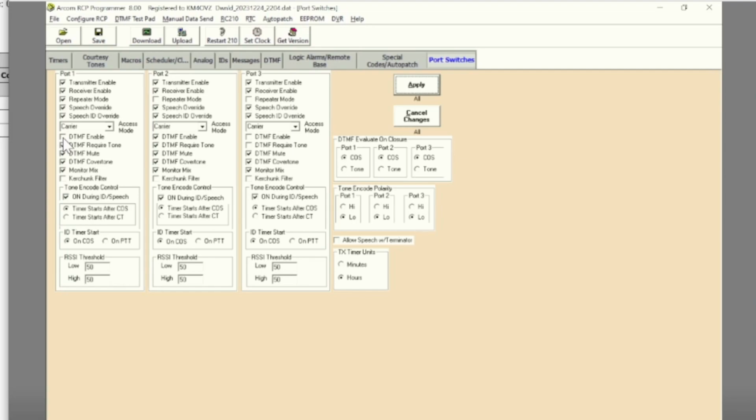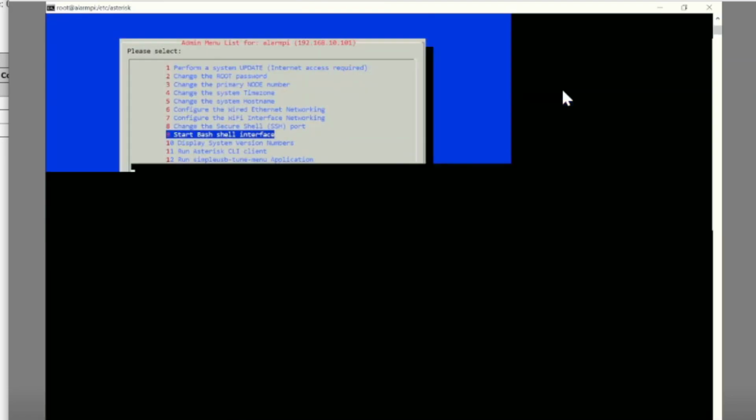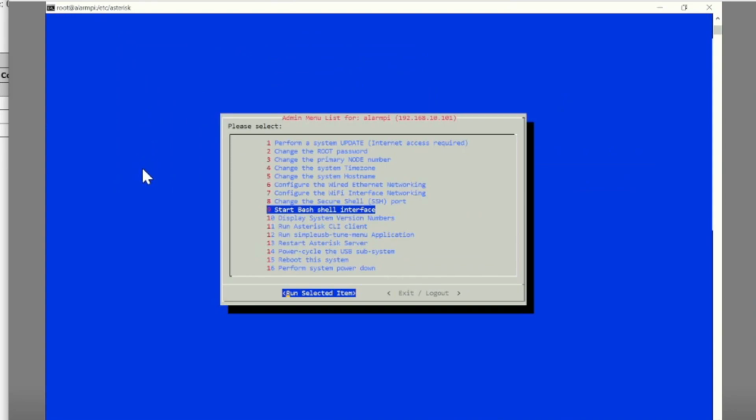Ultimately, I want to be able to have the tones be audible to the listener, but not to the Allstar node, and I found out how to do it. So what you want to do is SSH into your Allstar node and go to the bash shell interface, and then you want to do